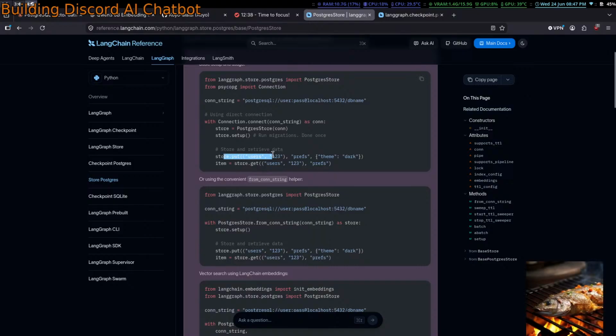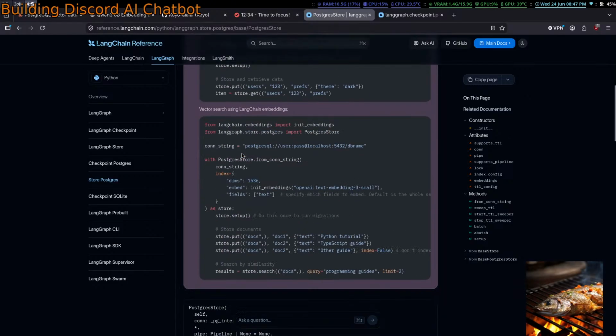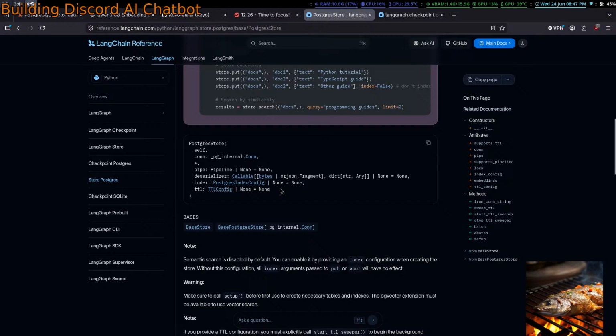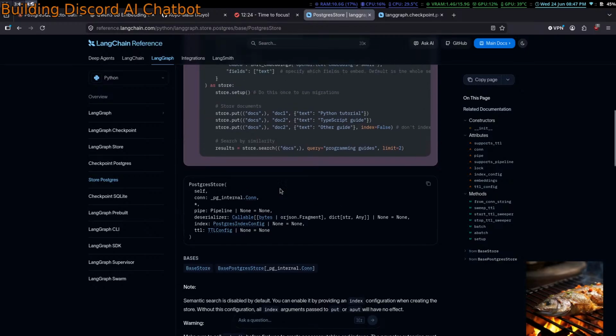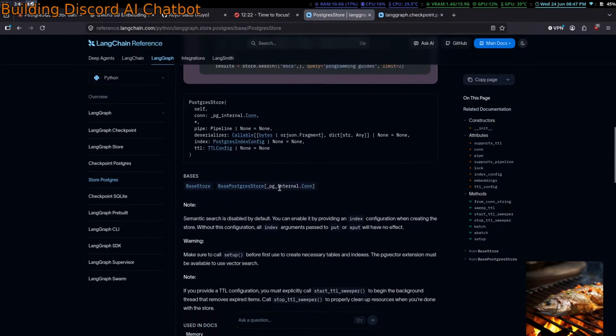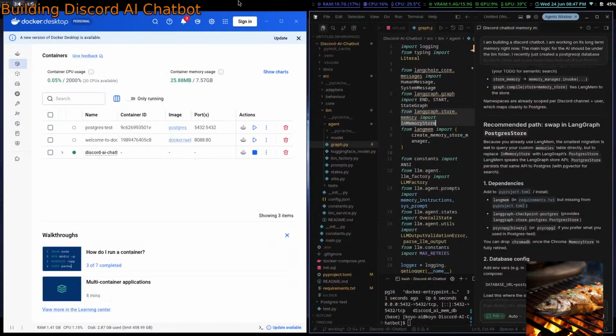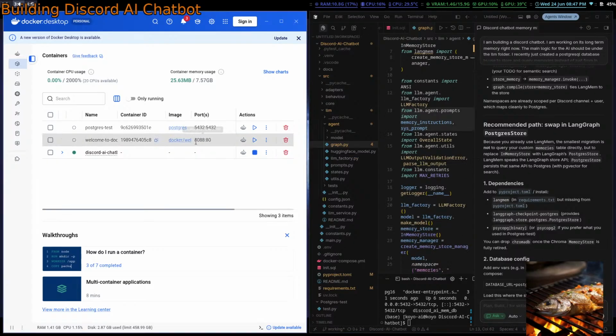Store.put users 1, 2, 3. So what does this mean? I'm getting distracted. How am I getting distracted while working on this? I don't know. So it implements base store, right? Which means it should pretty much have the exact same thing as base store. So I assume maybe I can just completely get rid of that thing and just call it